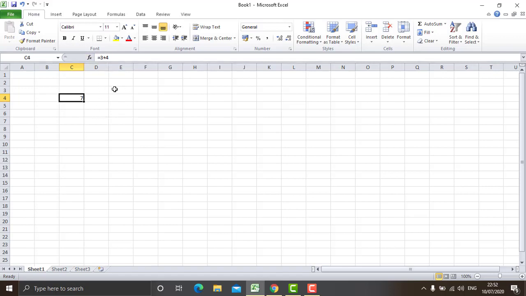The same thing can be done in this way also. You write 3 here, you write 4 here, and you write the formula here: equal to 3 plus 4. We see that the result is the same, that is 7. Of course 3 plus 4 will be 7 only, but there is a problem. Suppose we change this number, suppose we make 3 as 6 now, and you press enter key. The result is the same here, and that result is 7. So no change in the result.